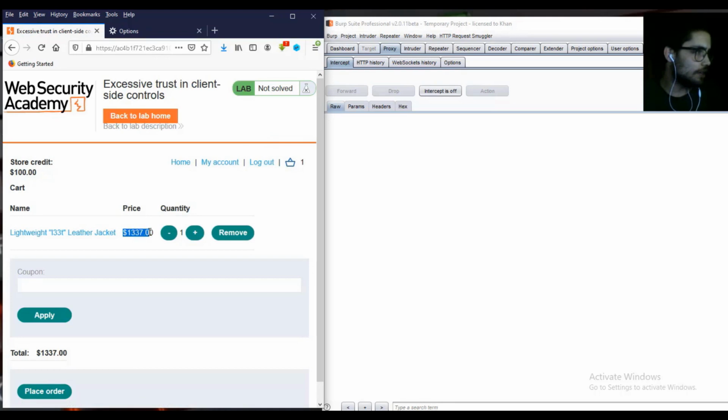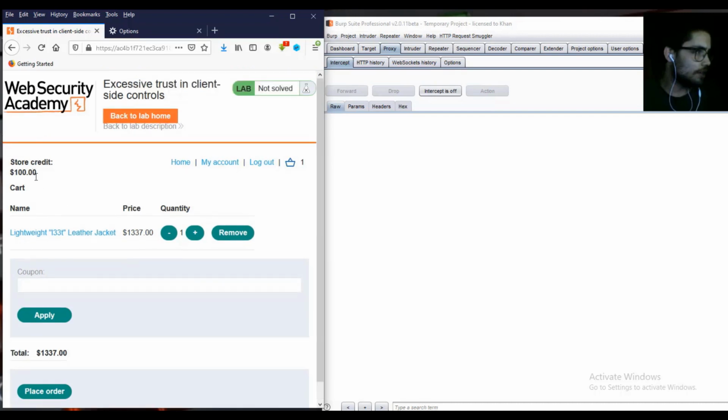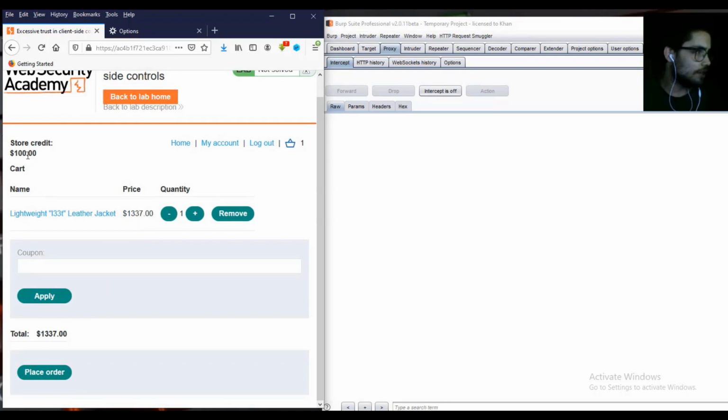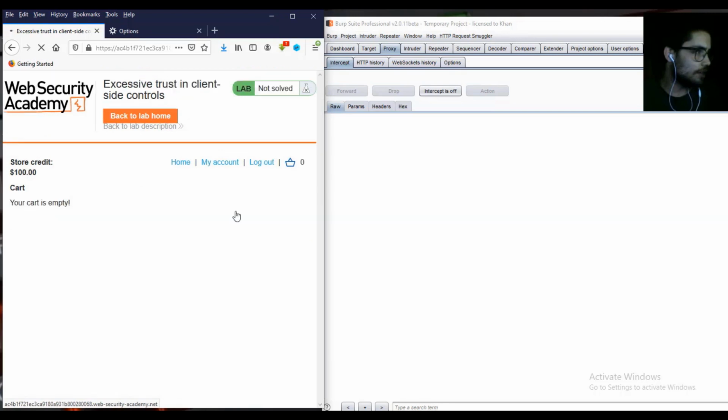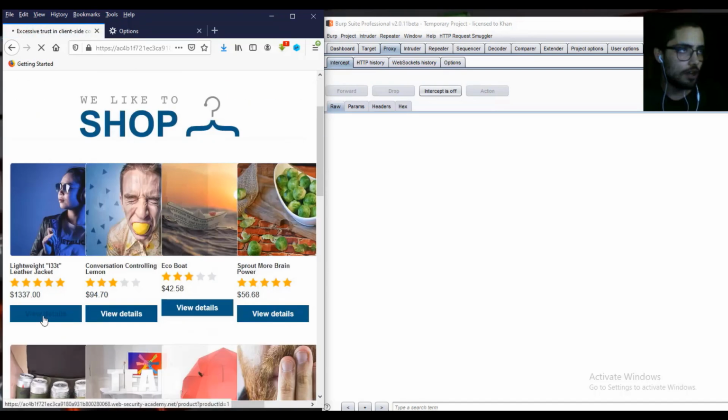We cannot buy the jacket with our low stock credit, so we need to move our agent. So let's see. As you can see, your card is empty. So let's go back to the room and try to intercept